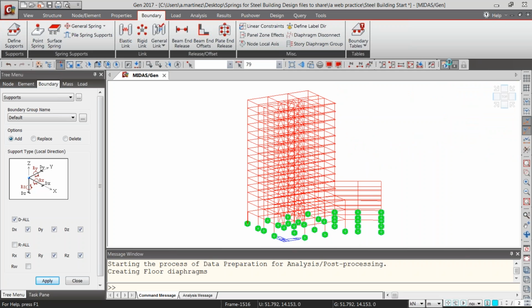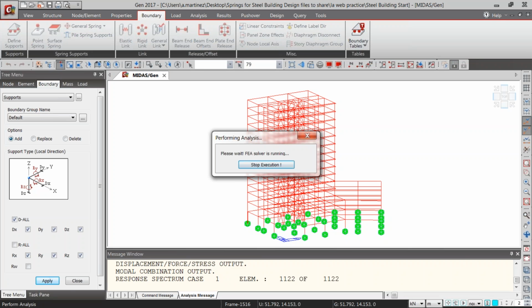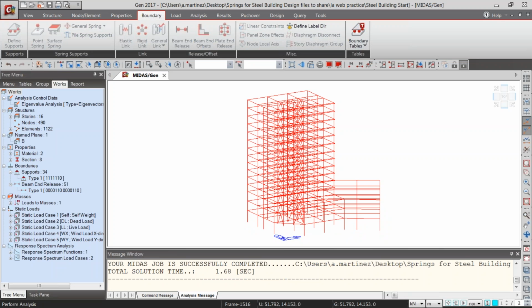As I mentioned, we're starting off from a point in a different tutorial that goes through all the steps on how to create the structure and how to apply the loads. This training focuses a little bit on something different. So once you finish running the analysis, which in this case we see from the message window took less than 2 seconds, we would go to the results tab